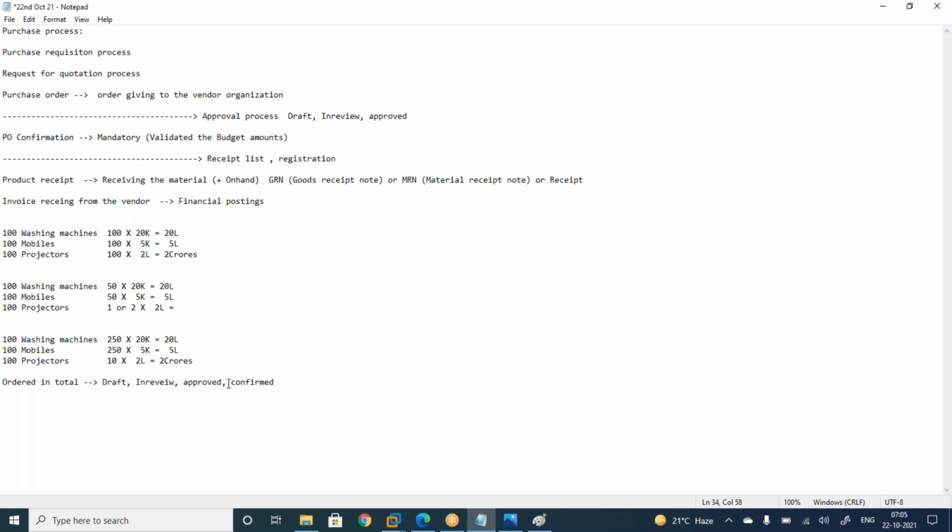Any status, this is the purchase order status. You will understand all these things later. In any status, it will show you in the on order total, ordered in total.